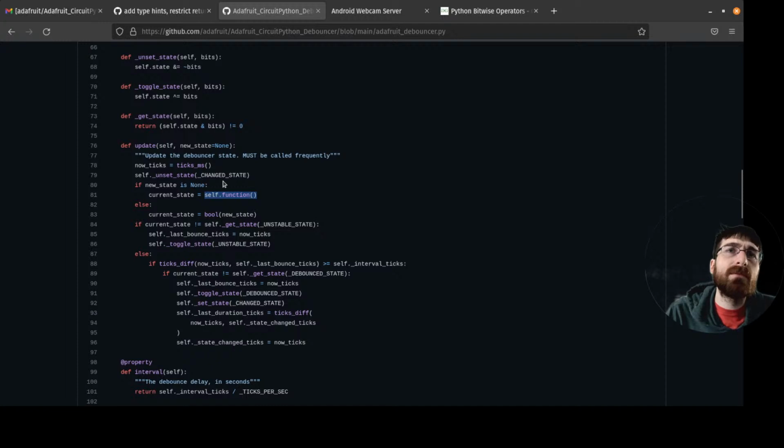So unset, change state, new state is what got passed. Okay, if it is none, set the state to the value we get back from the function.